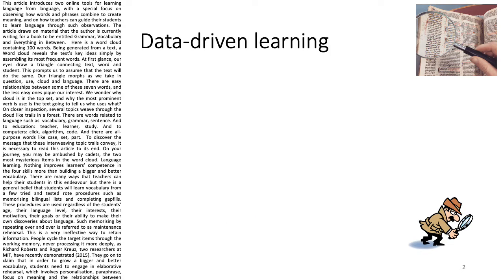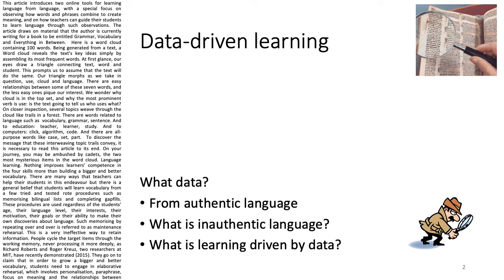We're interested here in data-driven learning. What is data, however? Well, the cosmos is a source of data for astronomers. The actions and behavior of politicians are sources of data for journalists and psychologists and spies. And animal tissue is a source of data for biologists. And for linguists, text is a source of data.